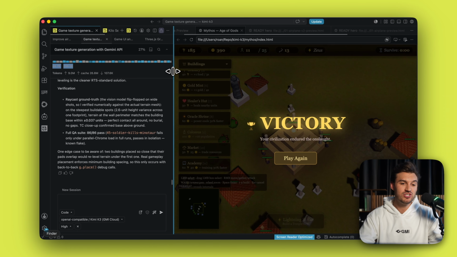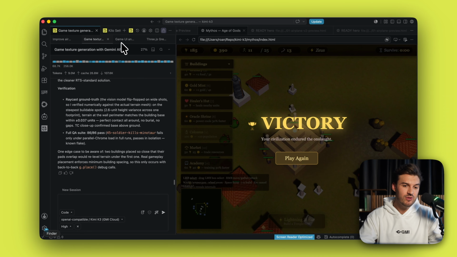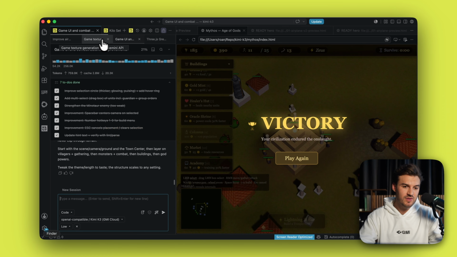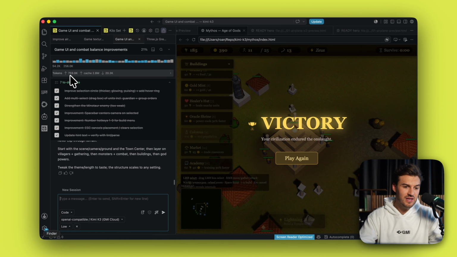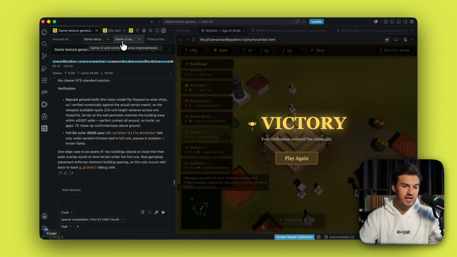Okay, so let's see how much it costs for building this. I have those 2 chats that I was using here. And this one costs 9 million tokens up and 107 down. And this was 759 up and 20,000 down with 2.8 million on cache. So that's how much it costs to do this. So this will be around $30, plus we added more $50 on the image generation, because if you see here,